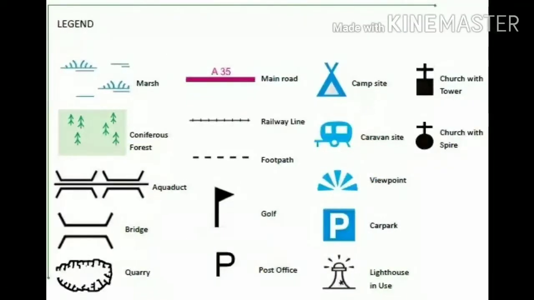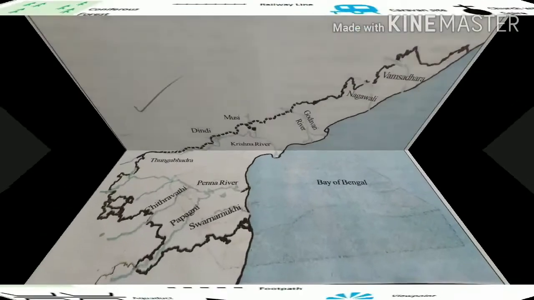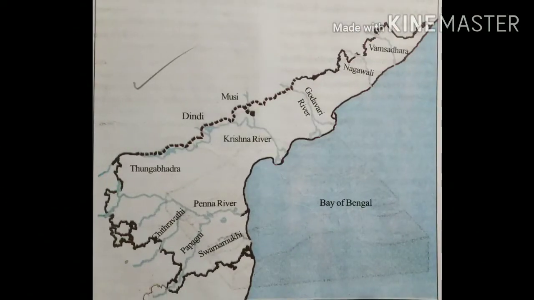In this class we are going to discuss symbols. Mainly there are 3 types of symbols: point symbol, line symbol, area symbol. The point symbols are used for the capital cities of the states, capital cities of the countries, and district headquarters. For example, Delhi and any capital cities use point symbols.